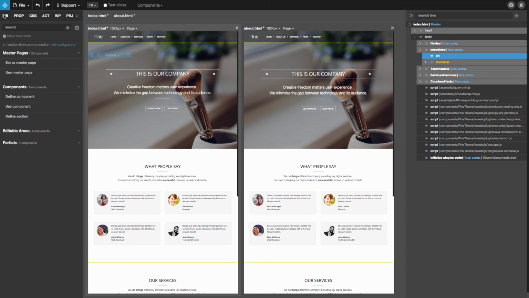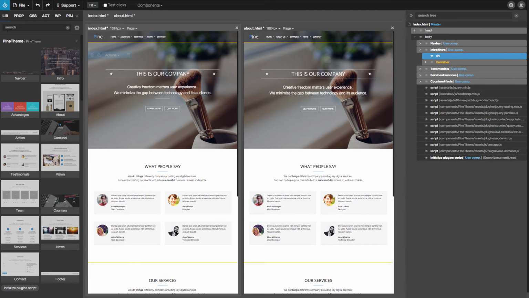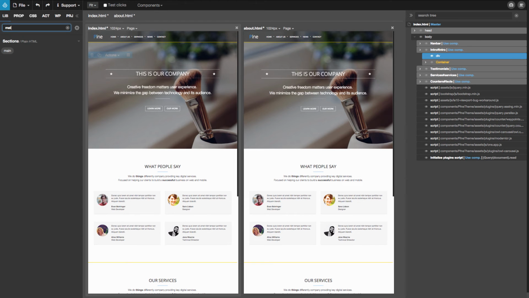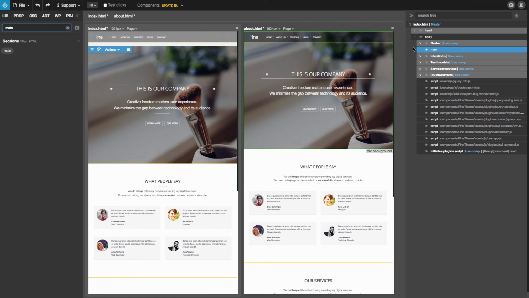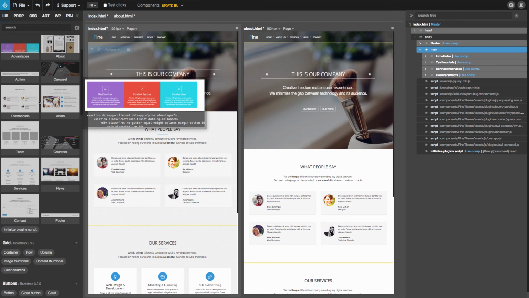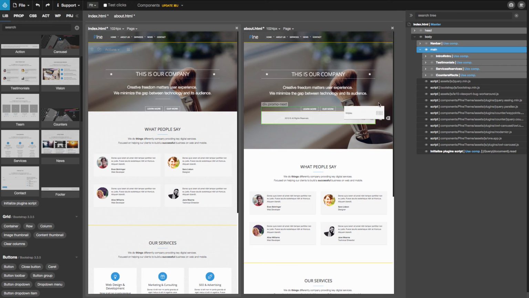So what we can do is take, let's say, a main element, and we put it on the page, and then we can put all the blocks inside the main element except the footer, which will be just beneath the main element,